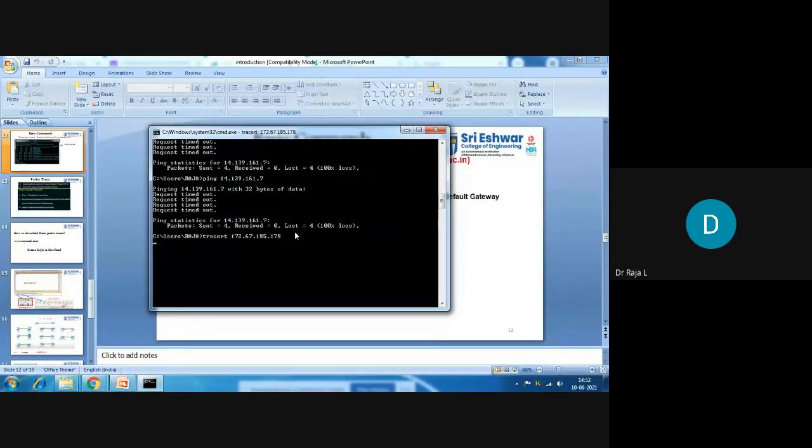If I type this, you just listen and watch. It is tracing the route from my network to the college. It will take some time. Once it finishes, I will tell one piece of information.